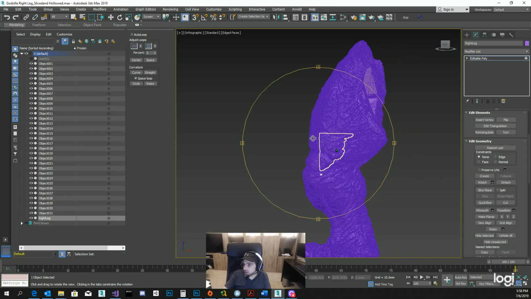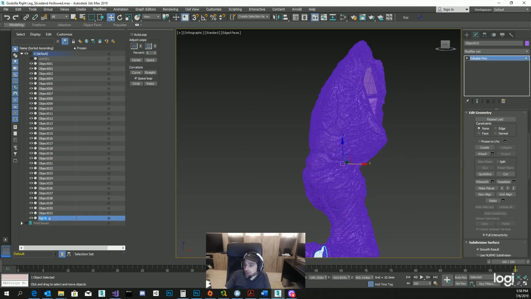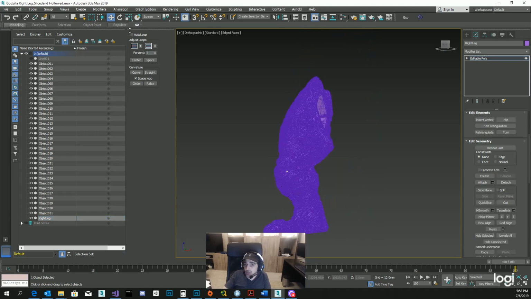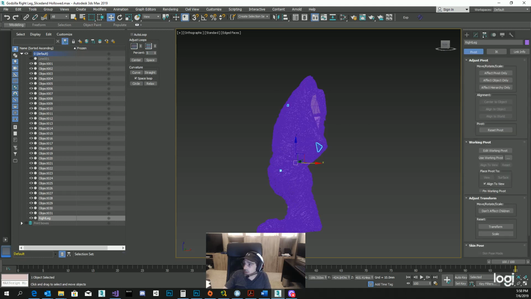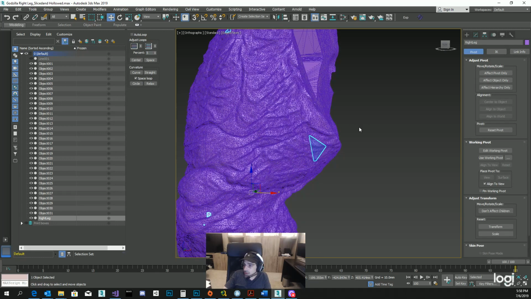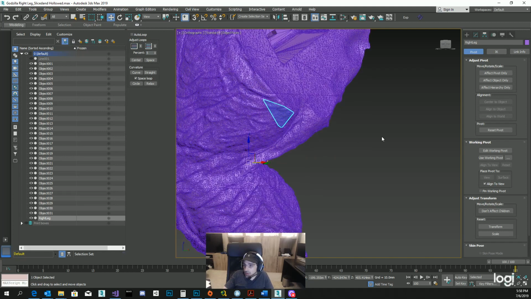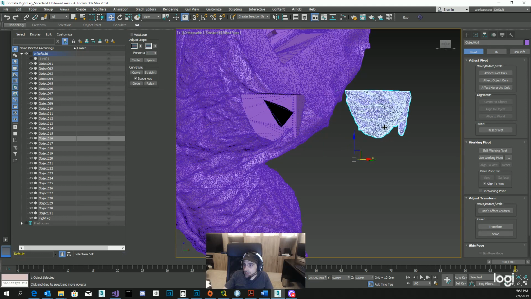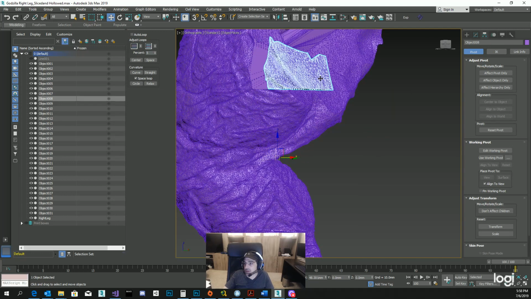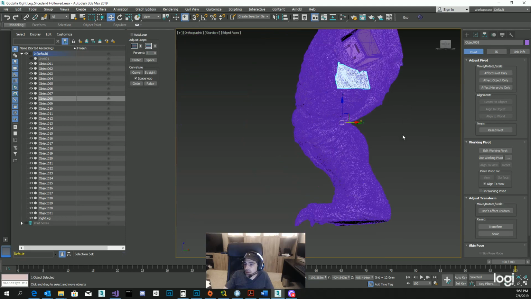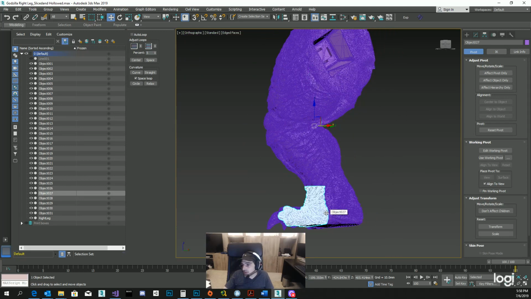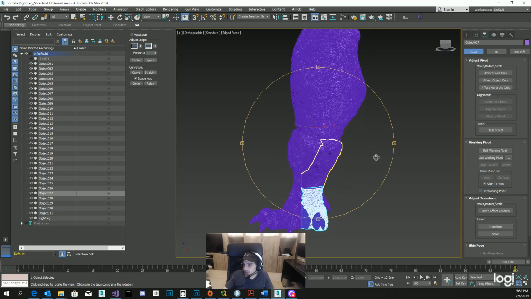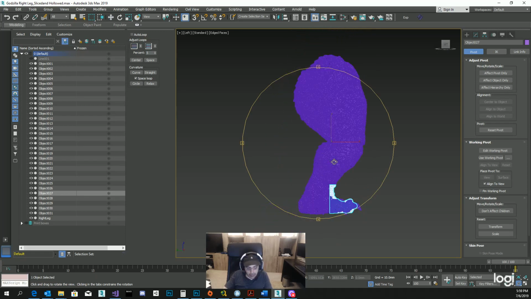Okay, so I have these little leftover pieces, and what I'm going to do is, because I have these little leftover pieces, I think that's got a big piece right there. That's an inside piece that didn't get cut out. Okay. So there's definitely going to be some fixing to do, but for right now, let's take all of the